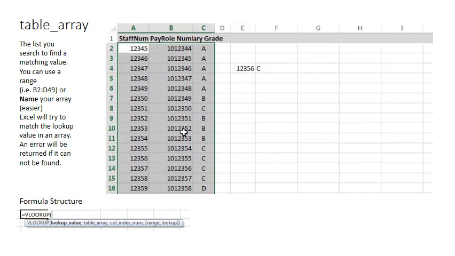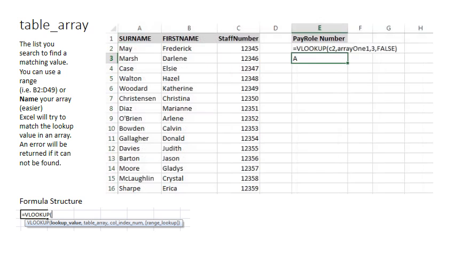Now we could have used the range A2 to C21 to get the same result. So if I edit my array to A2 to C21,